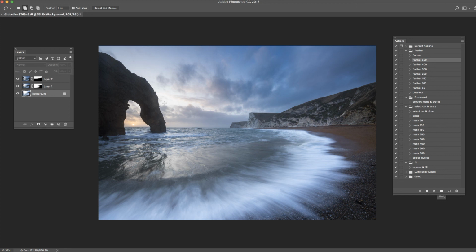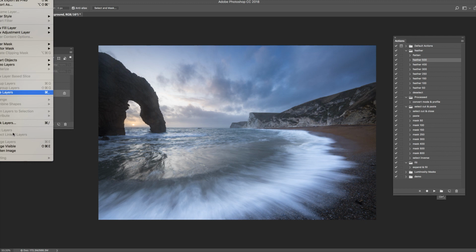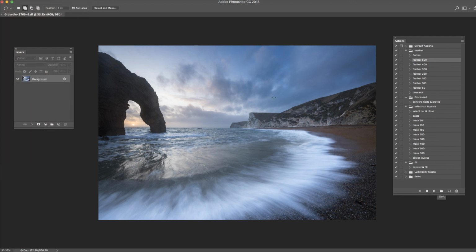I think with all this, it's too easy to go too far. I think what I'm going to do now is I've worked on the individual layers. I've merged them together quite nicely. I'm pleased with that. So I'm going to come up here to Layer, and I'm going to flatten the image. And now I'm just going to select just this area of the water, the brightest area of the water here. Again, I don't need to be too precise because I'm going to make a really soft feather,